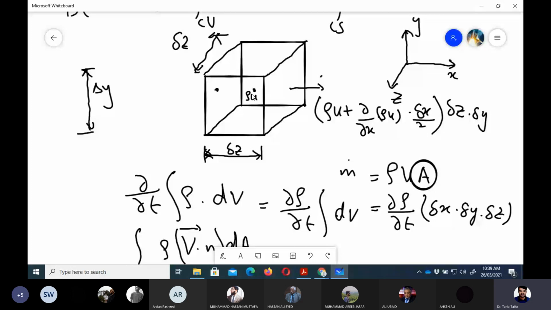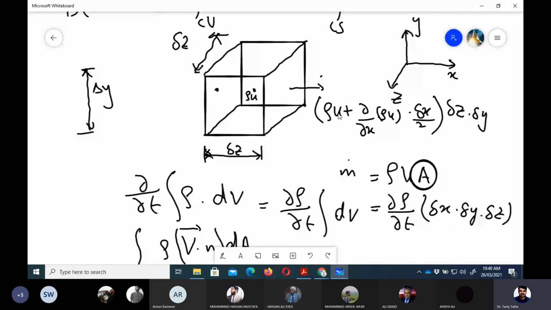If we have rho u at the center of that infinitesimally small control volume, where rho u is the product of density and velocity, and we want to take it at the right hand side face, then as we discussed in the last class,